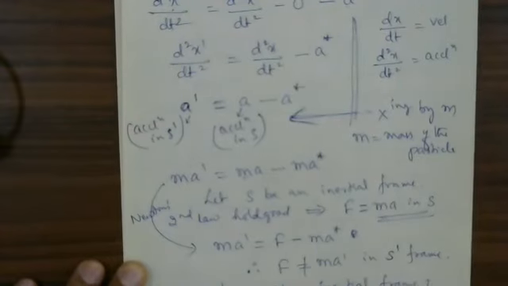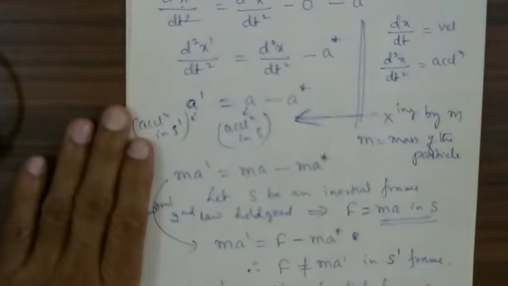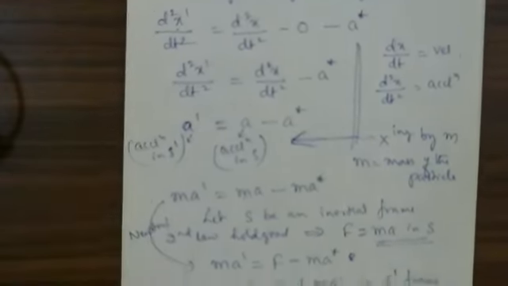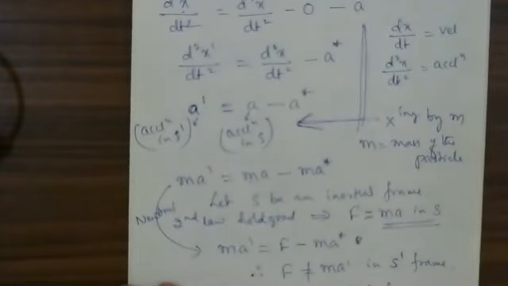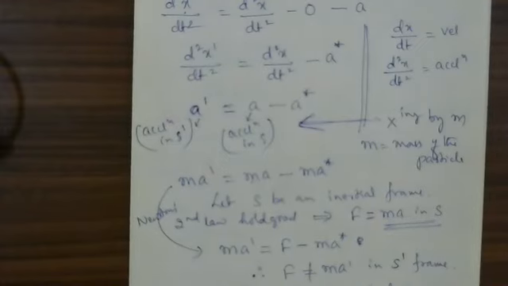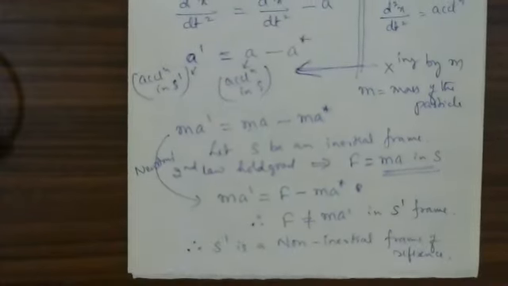It is a non-inertial frame of reference that we are going to consider. S dash is a non-inertial frame of reference. Not only that, we have to think about this minus ma star. What is that minus ma star? We have to think and write it even at the time of examination. Still, the continuation is present. I will write it here only.